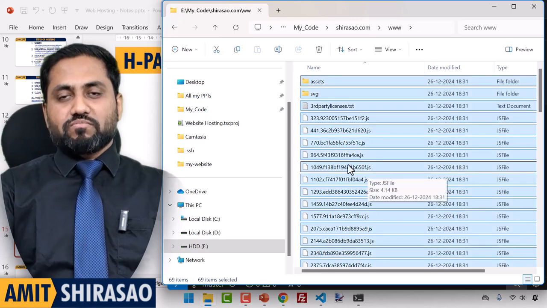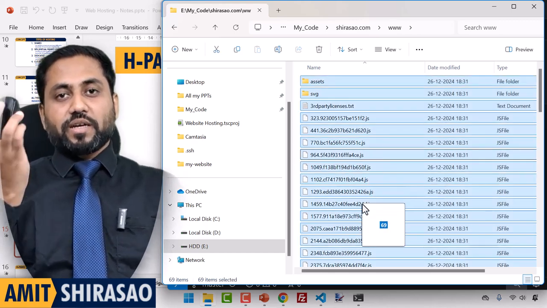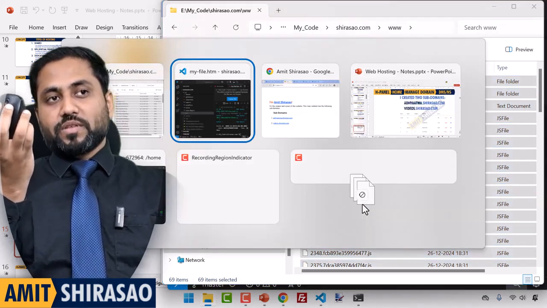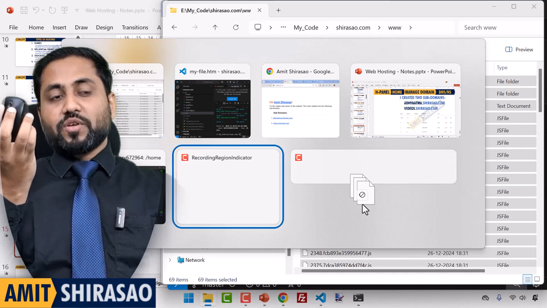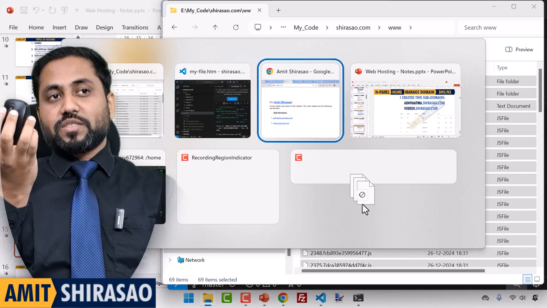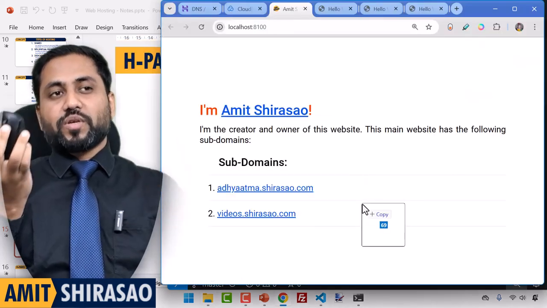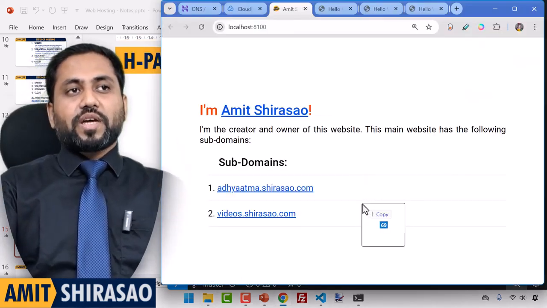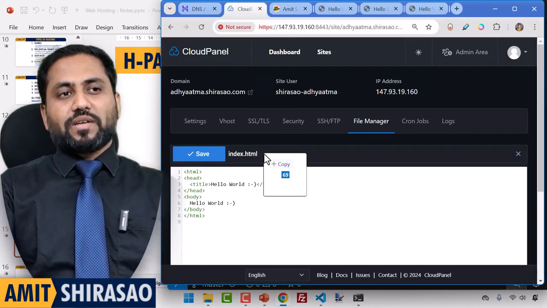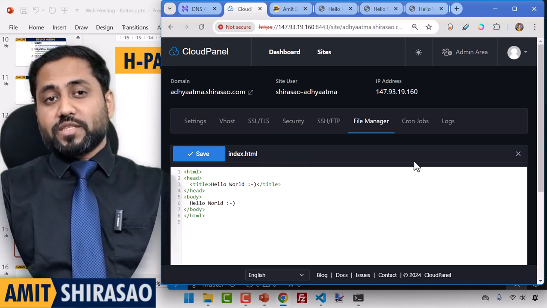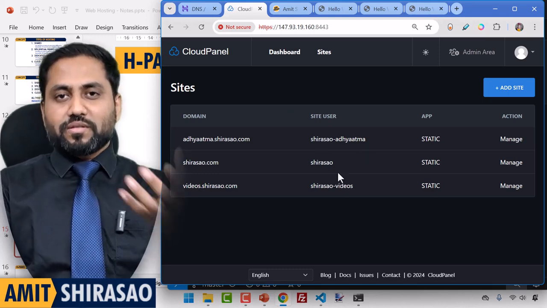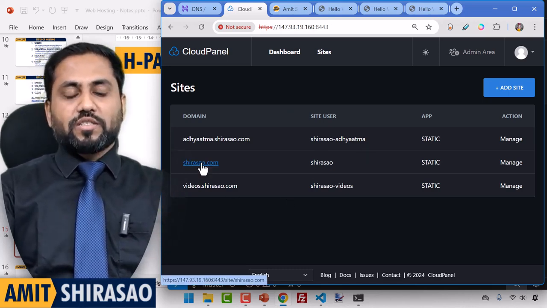Now if I just select everything, I start dragging, I keep holding. Now I do alt tab. Alt is held, and I can go ahead with tab. Oh, I have to come back, shift tab. Okay. Now I want to drag it to, let's say, this one. Oh, this is Adhyatma, yaar. I didn't want to drag it here. Escape key. On purpose I'm telling you how to drag and drop, because it's quite important in